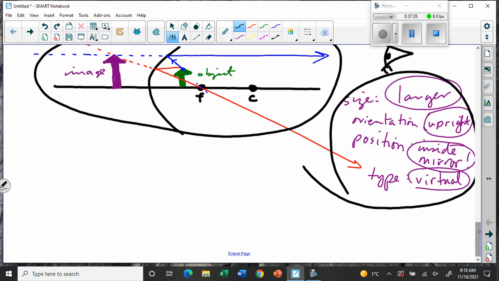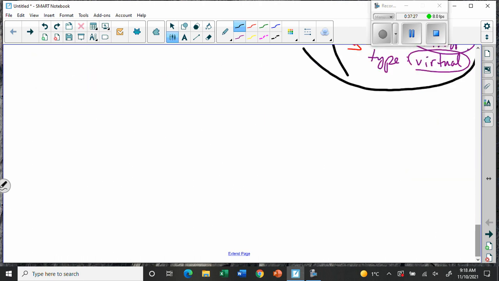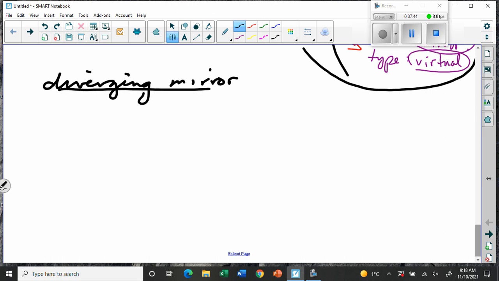Okay, now, what about a diverging mirror? That's the other one. Turns out it's a lot easier or simpler. And that's because there's really only one option. So let's look at what happens if we use a diverging mirror instead of a converging mirror. So we'll draw our axis this way. This time we're going to flip the mirror around